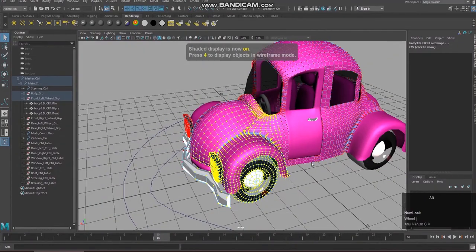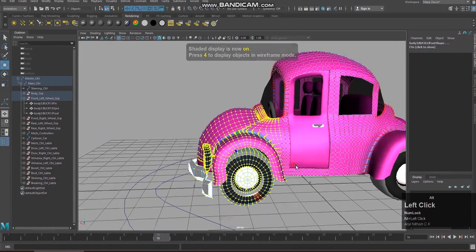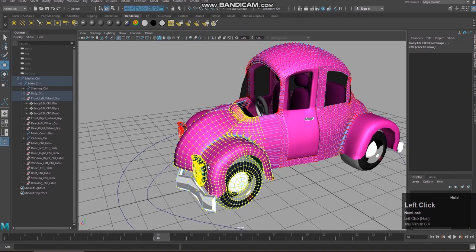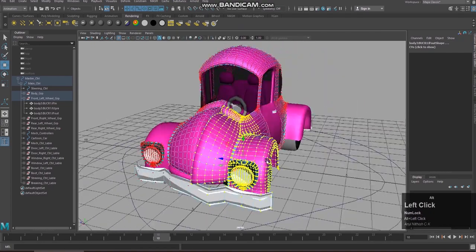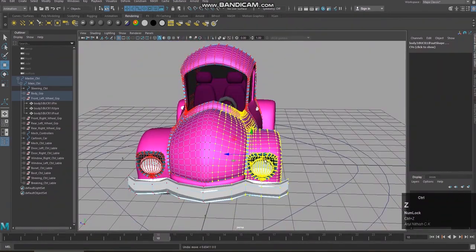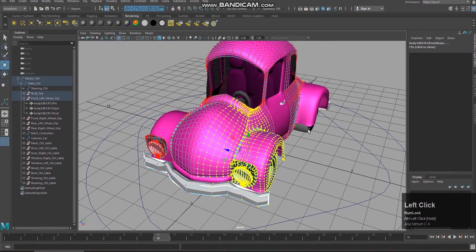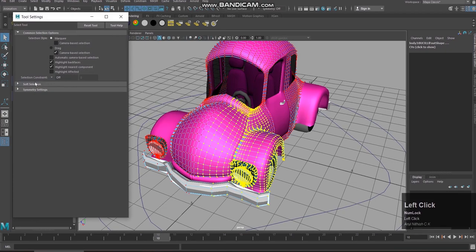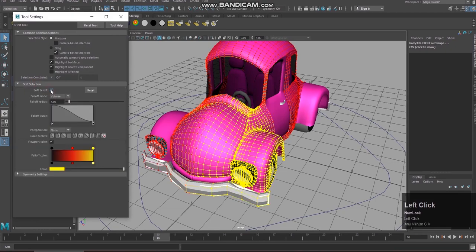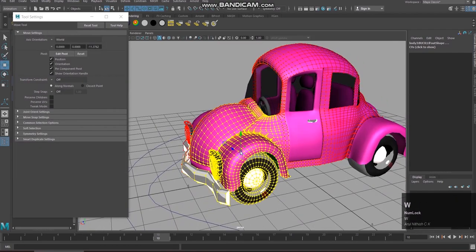So when I press W and move it, only this area of the car is moving. Let me go to soft selection. The influence is too much, so when I move it, it is moving too much.